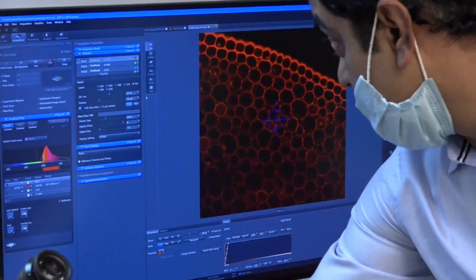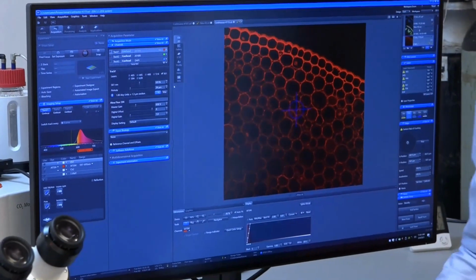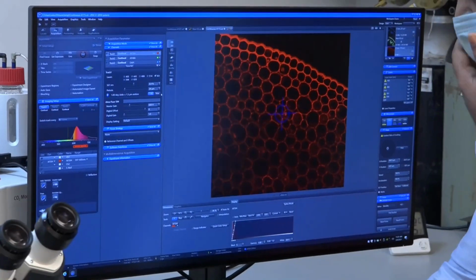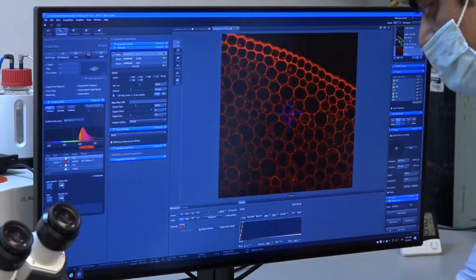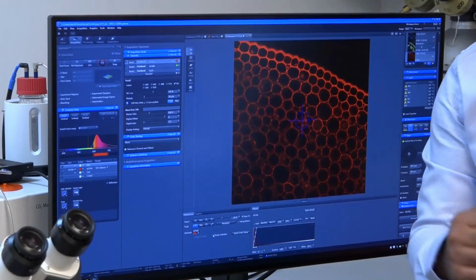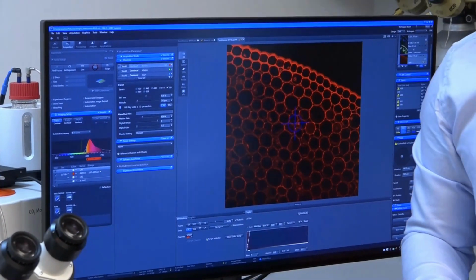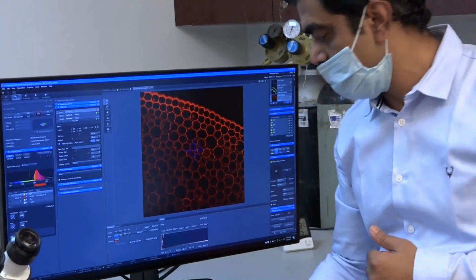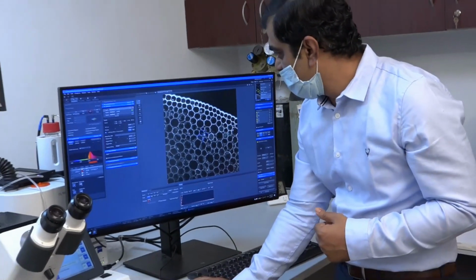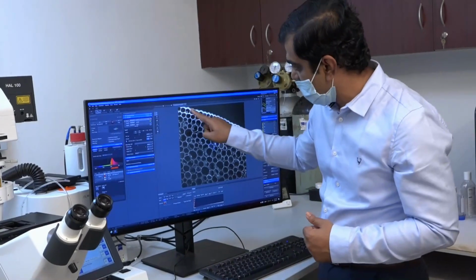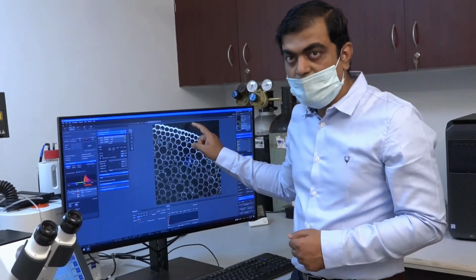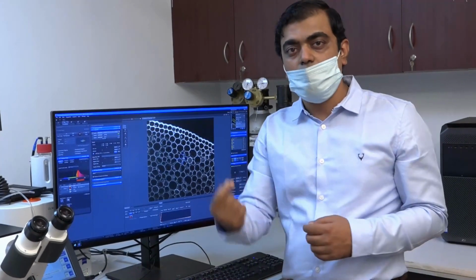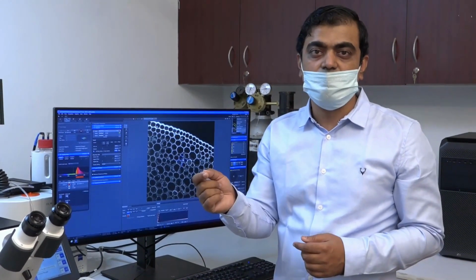I will try to see the focus position again. And once I am convinced that this is the best focal plane I have achieved, I can also check with the range indicator. So this range indicator will give me an optimization of whether my detectors are getting saturated or not. Just a click here will give me an impression. So this grayscale is basically the signal, the black one is the background, and if there are red dots, then the signal saturation signaling will come.